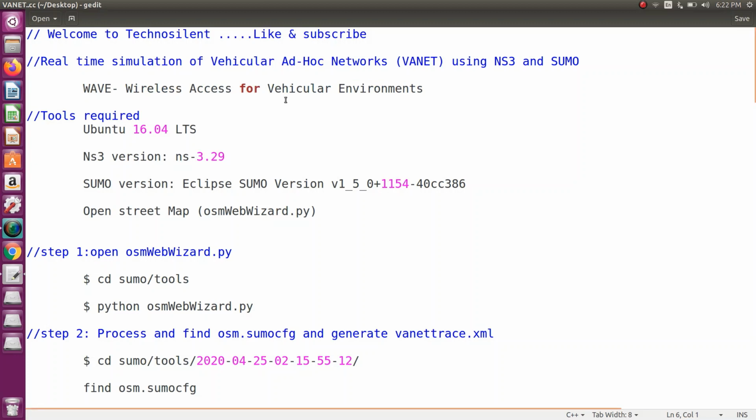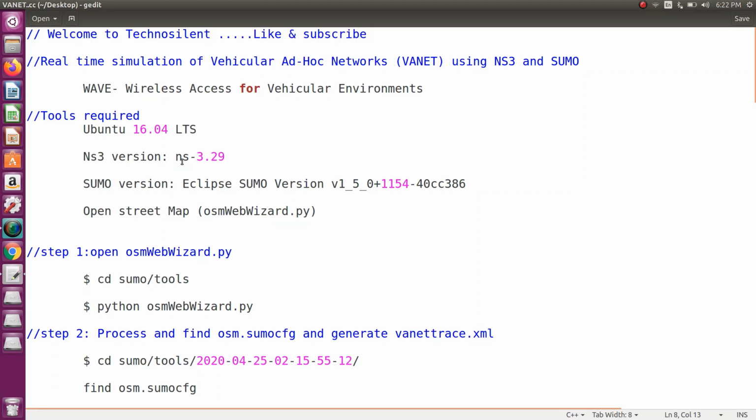Okay, so first we need some requirements. What are the requirements to simulate vehicular ad hoc networks using NS3 as well as SUMO? We need a Linux based system. I am using Ubuntu 16.04 LTS.